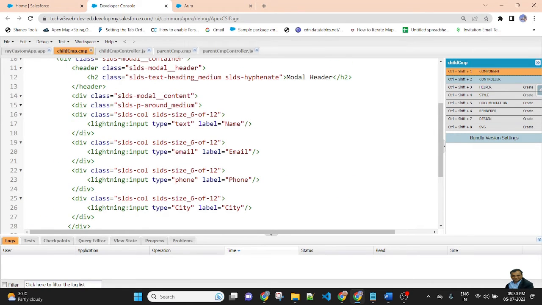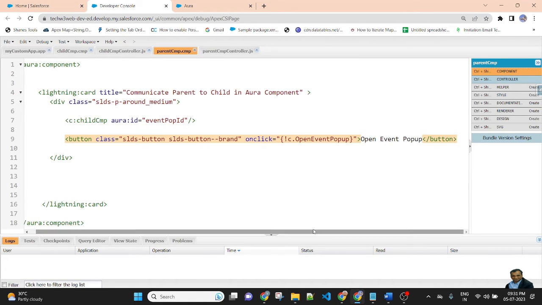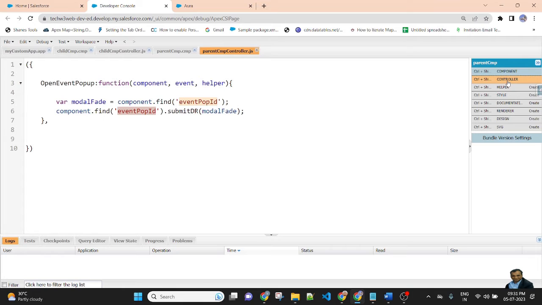This child component is called in the parent component here, and in the child component I am passing the Aura ID, and there is a button. In the button I pass a function, open event pop-up. This function will be called in the JavaScript here.